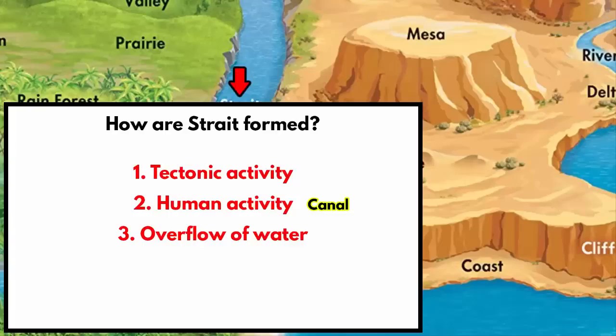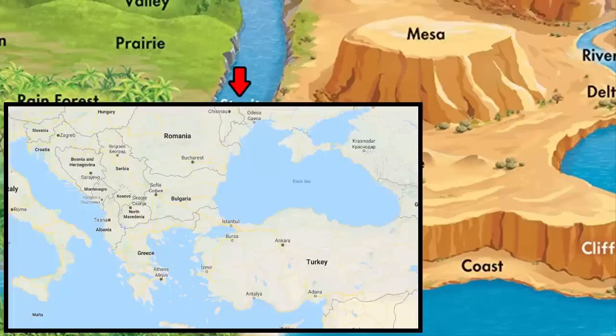And the third way by which a strait can be formed is when a body of water overflows on the land and completely erodes the land and drowns it. If you look at the Strait of Bosporus, it links the Black Sea and the Aegean Sea. The Strait of Bosporus is an extremely important strait, separating the continents of Europe and Asia. So this strait was formed when the land at the southwestern edge of the Black Sea eroded and crumbled,